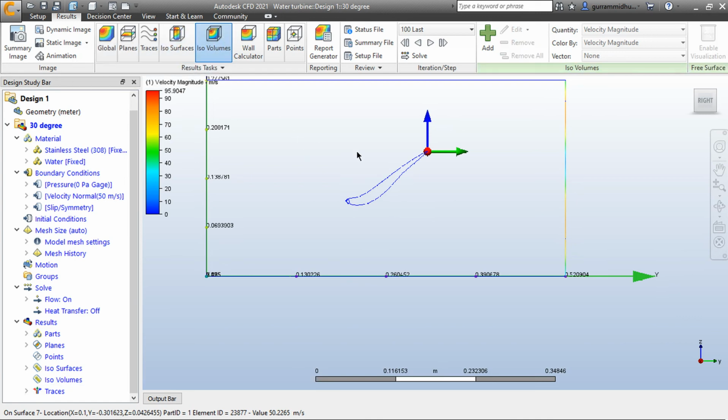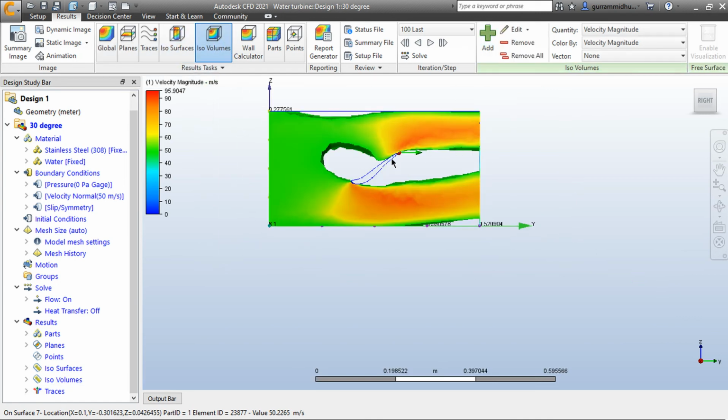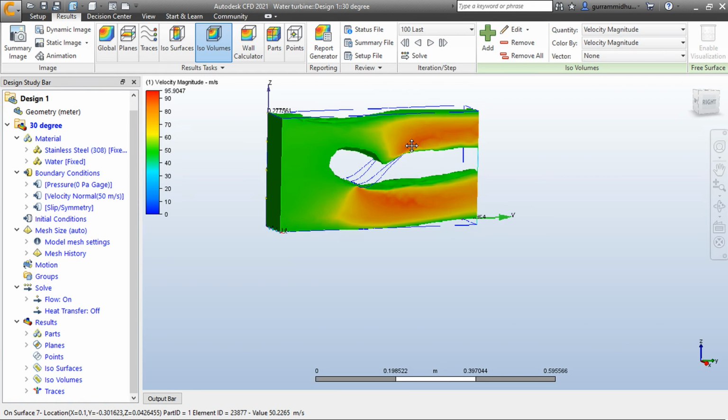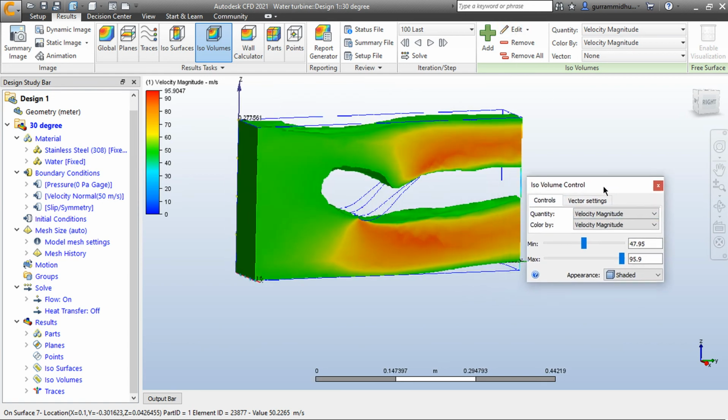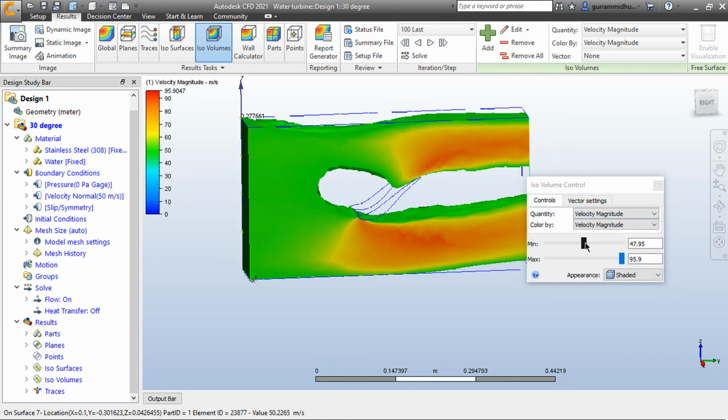Coming to iso volumes, click on this plus icon and it will provide the volume of that surface, similar to isosurfaces, but it's a volume. And here you can set the maximum and minimum values so that it will be within that range.